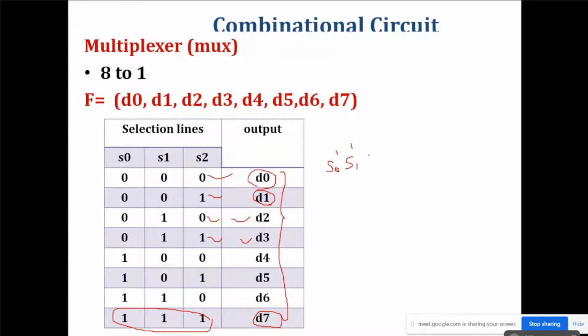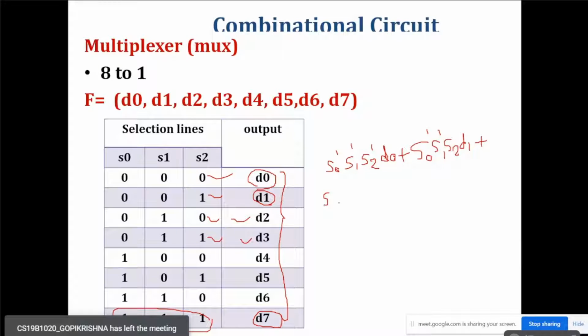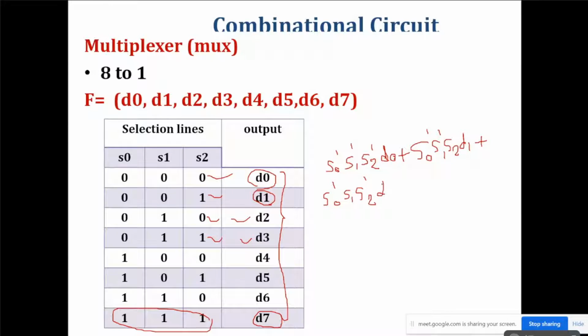So S0 dash, S1 dash, S2 dash, D0 plus S0 dash, S1 dash, S2 D1 plus S0 dash, S1, S2 dash, D2 plus S0 dash, S1, S2, D3